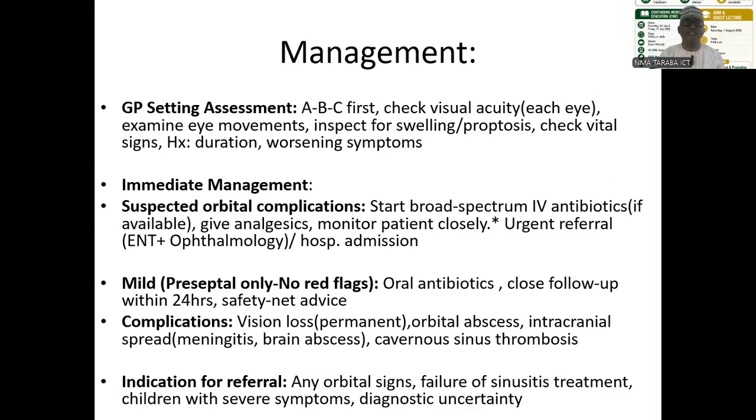In a general practice setting assessment, still A, B, C of life, that's airway, breathing, and circulation first, because we have to ensure that this patient is alive before you start anything. Then you check for visual acuity, that's for each eye, whether the sight is there or not, even by finger movement, by flashing of light, and the real visual acuity chart, because you may not have it in your